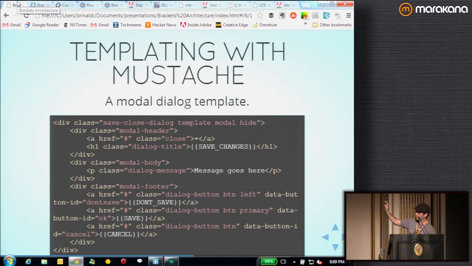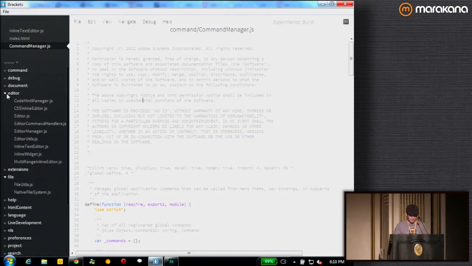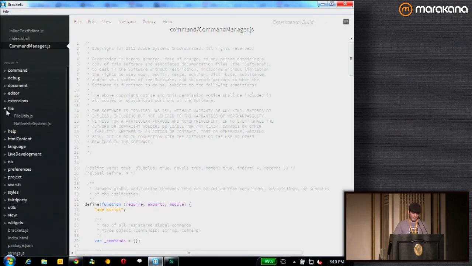A lot of this in brackets is actually done for localizing. That's why things like the save changes, don't save, save, and cancel are there. But then you'll see message goes here isn't actually using that. So they use Mustache for a lot of their modal dialogues and things like that to swap out button text and so on. And there's a whole bunch of localization files here. They haven't localized it to a ton of languages. A lot of that is based on people